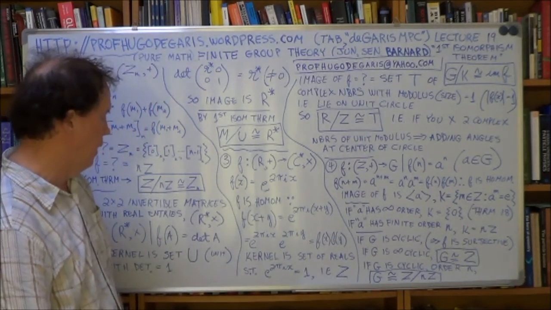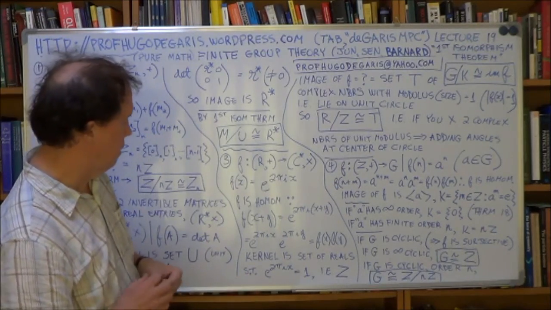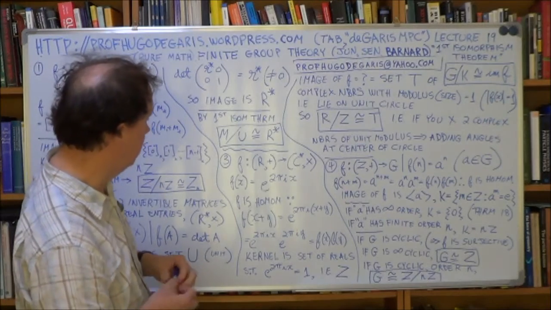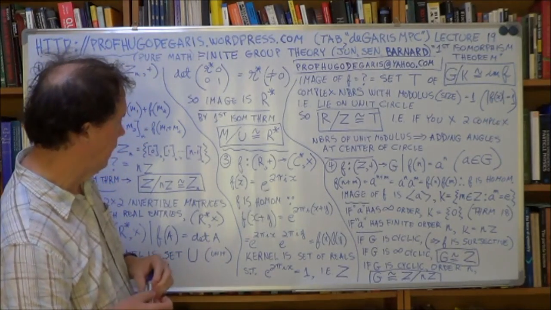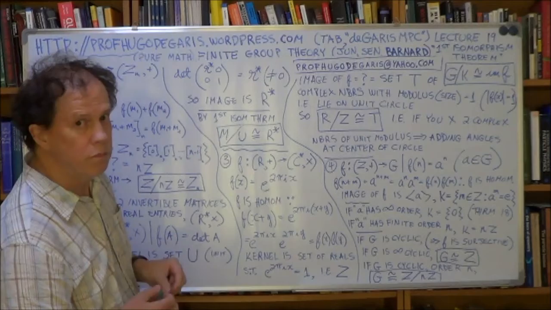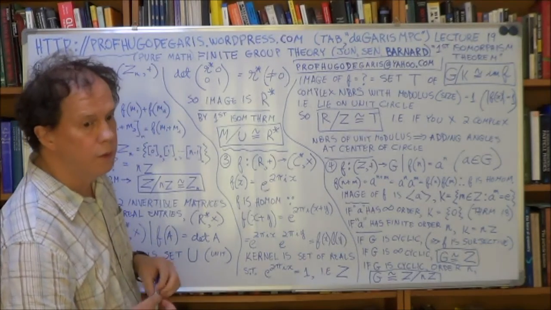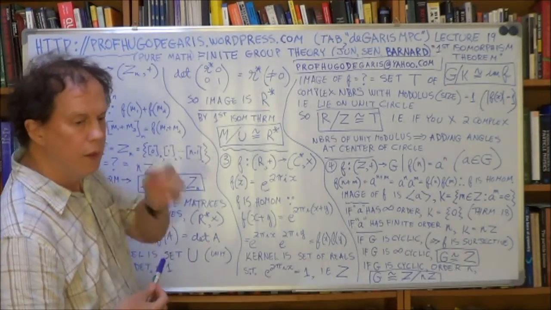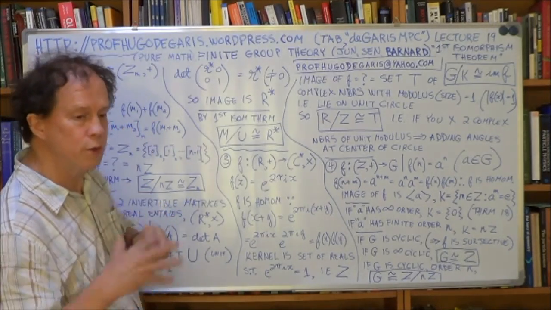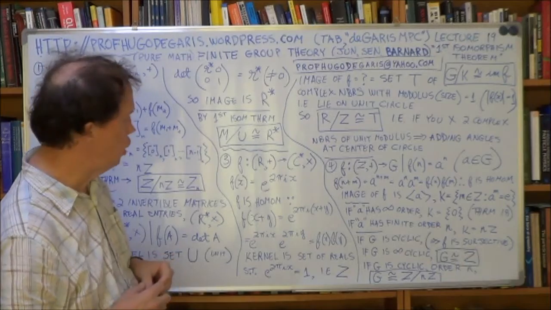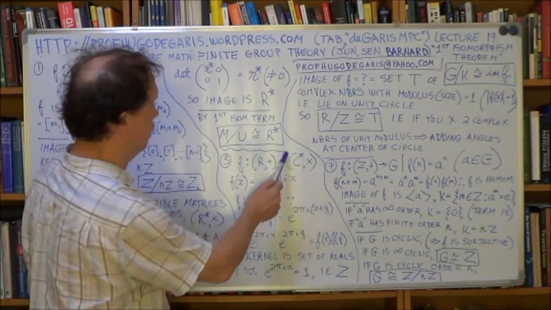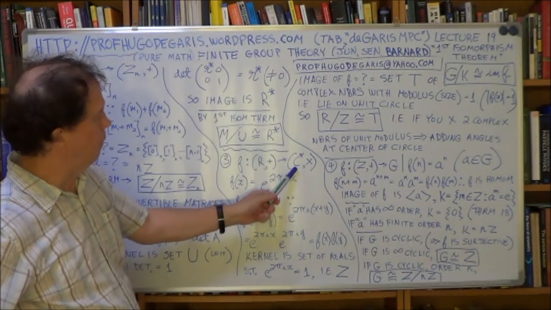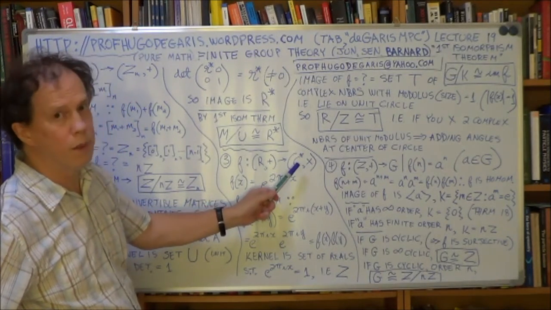Okay, so we know it's homomorphic, so let's ask what the kernel will be. Now, again, what's the definition of a kernel? It's the subset of G, your starting group, all of whose members map to the unit of your target group. Well, what is the unit of this target group? In the context of complex numbers,